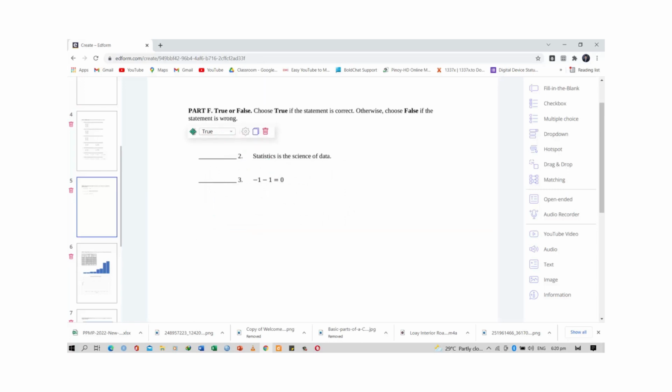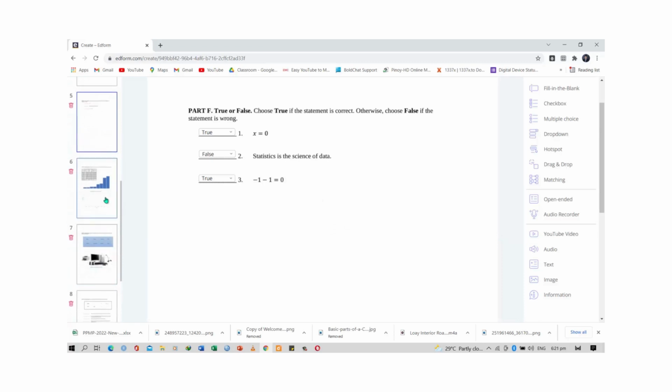And since it has the same setting, you can just duplicate it, change the correct answer. For instance, it is false, then duplicate, then change again your answer. Okay, that's it. That is for the drop down. Now let's have the